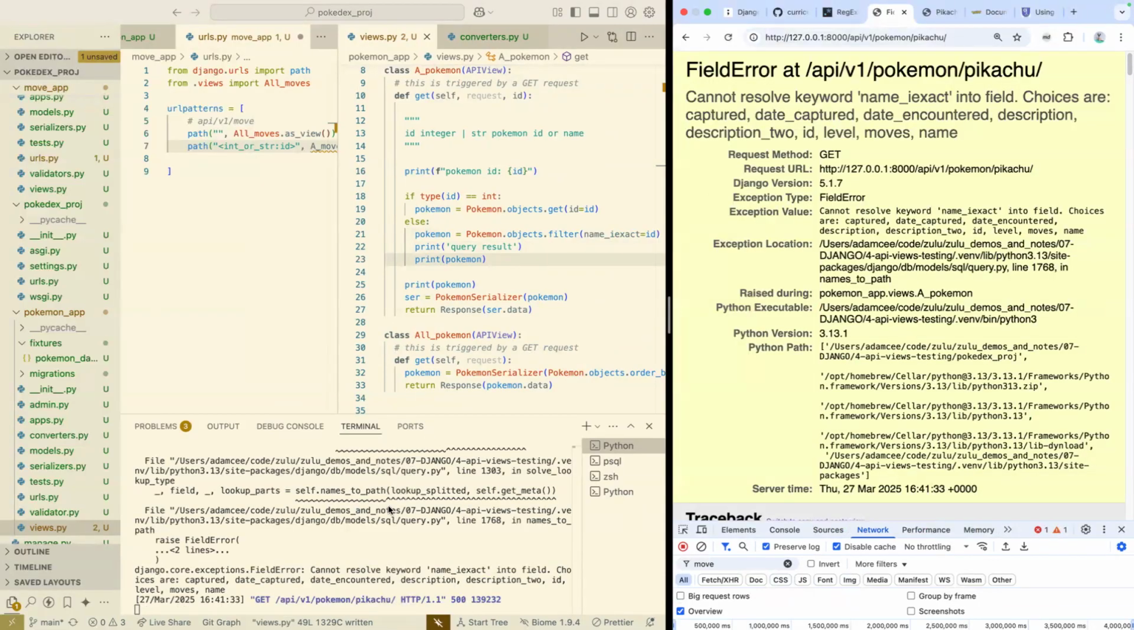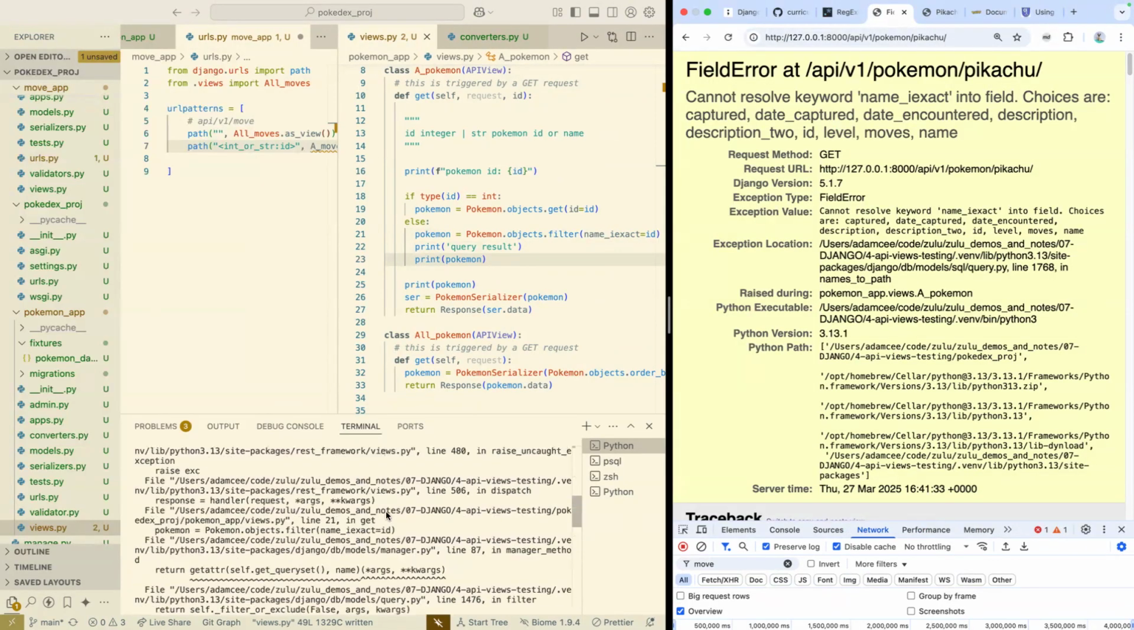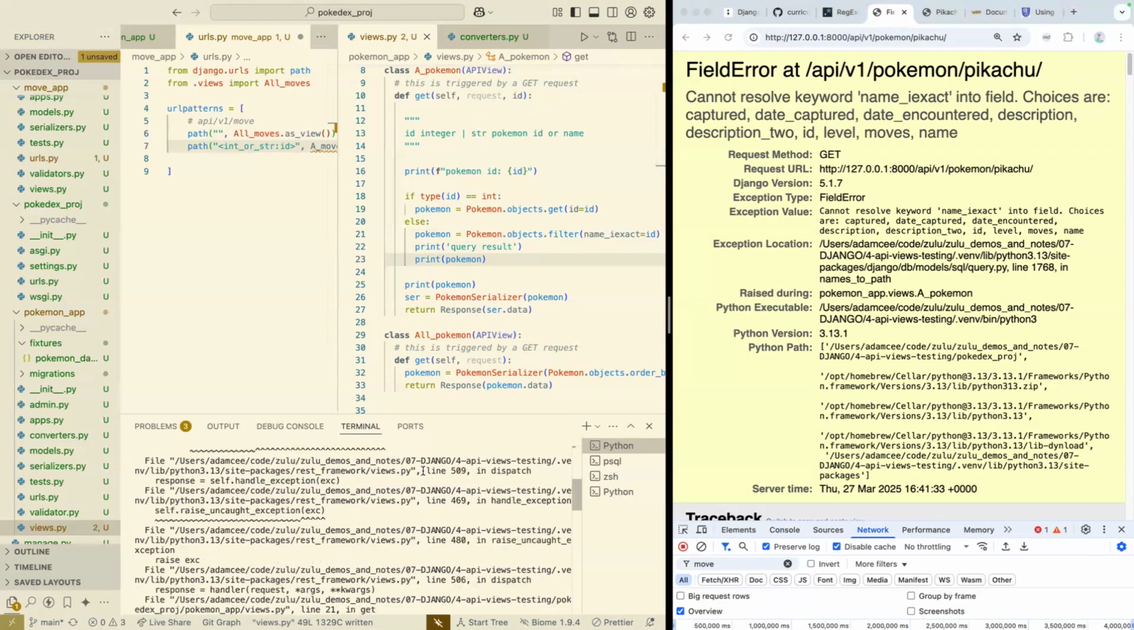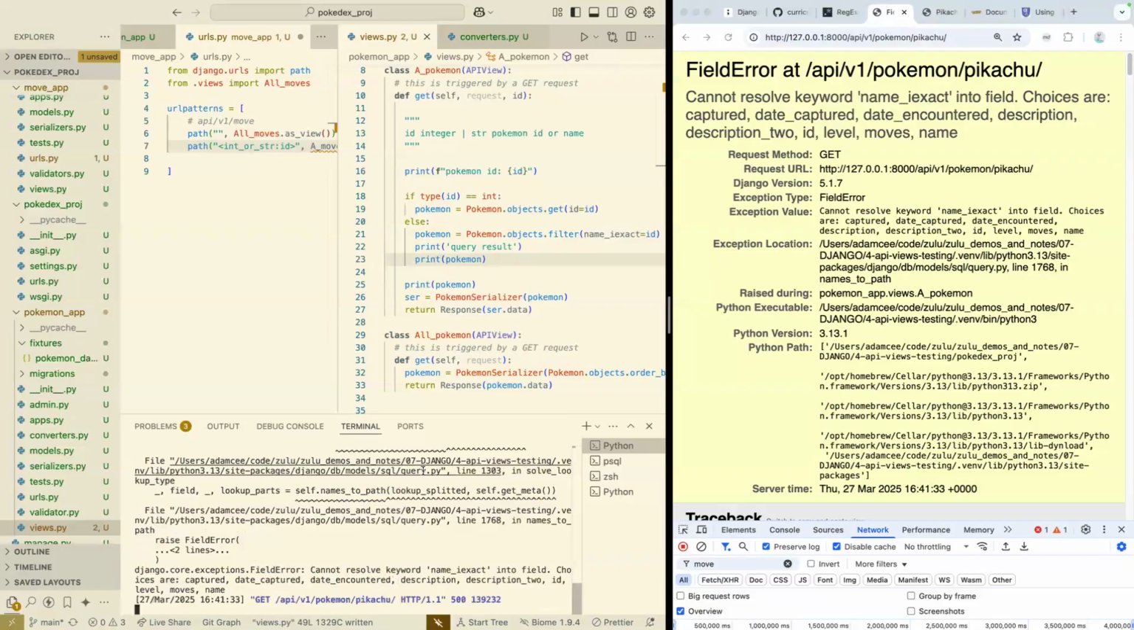So we get a bunch of errors, right? Which I'll show in a sec. But if we go up, Pokemon ID Pikachu, I would have thought we hit our query result sooner. Cannot resolve keyword name iExact into field. Yeah, I may be doing... Oh, I think I need 2 underscores, which is